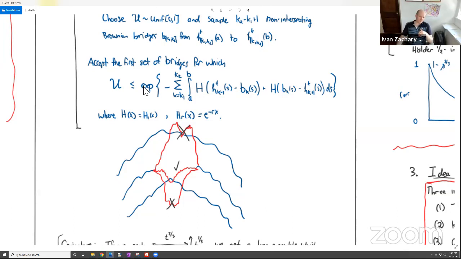Then I'm exponentiating the negative of the energy. So basically, if ever the curves, when r is infinity, go out of order, this right-hand side is 0. And of course, 0 will never be bigger than a uniform random variable. So I'll just keep doing this until eventually I get a case where the right-hand side gives me 0 energy, in other words, it equals 1. So this is what the Gibbs property is in the r equals infinity case. And so r equals infinity really recovers